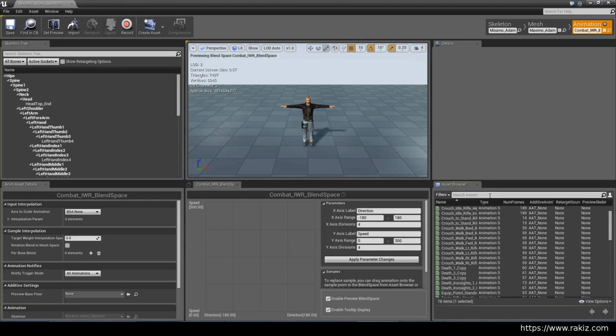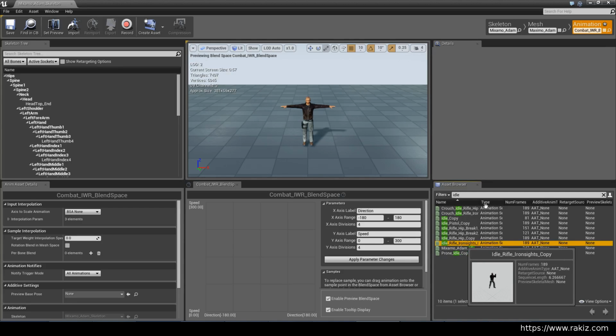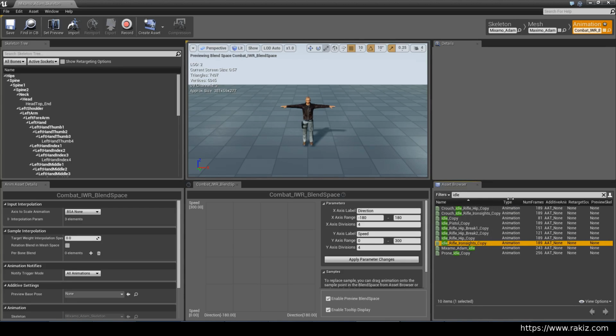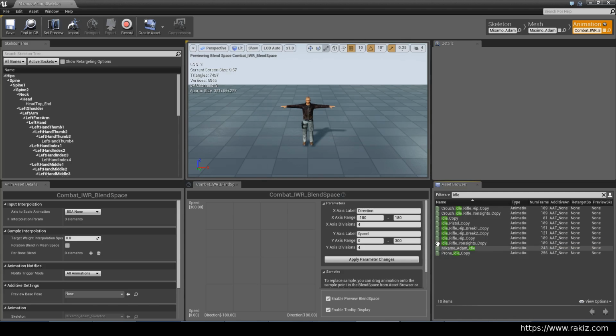So let's put some animations in there. Idle, and we will use the iron sight animations that we have previously retargeted for this skeleton. Okay, so just drag idle iron sights down there, and this bottom row is just only the idle animation, so put one there and put another one there,